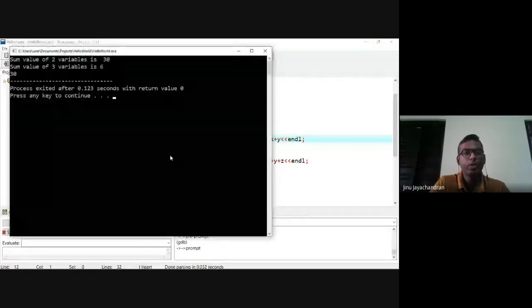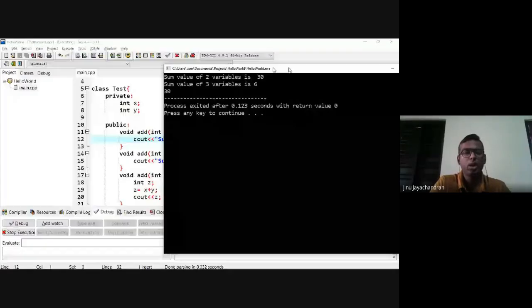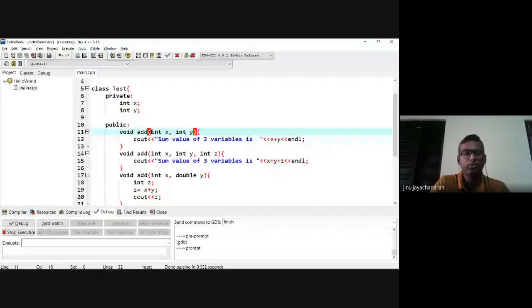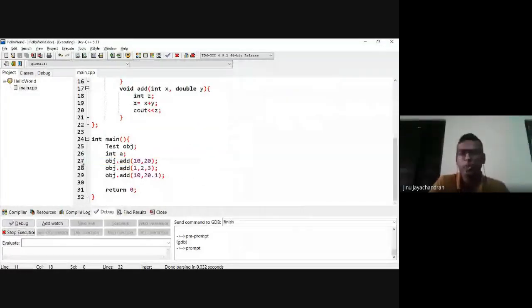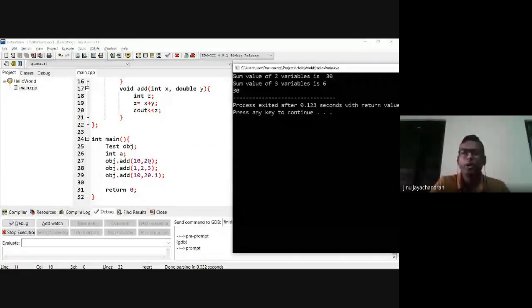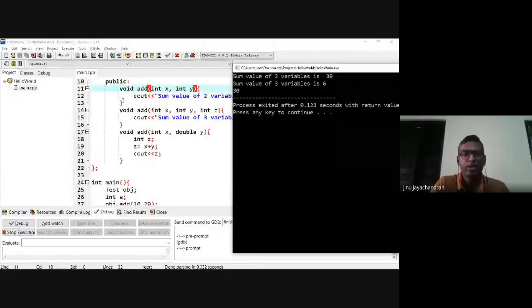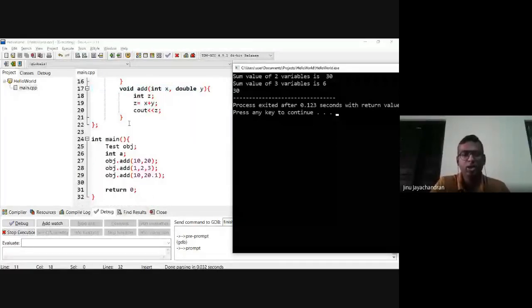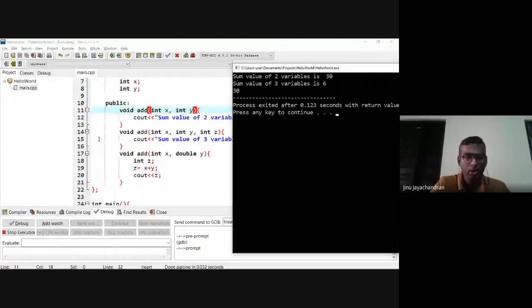So you see that when the first function is called, add 10 comma 20, the sum of two variables is 30, which is the line number 11 function. When the second function is called, line number 28, when you add 1 comma 2 comma 3, then it has called the line number 14 function with the same function name but with three arguments.